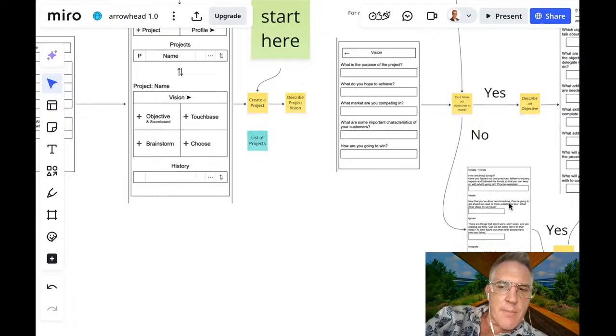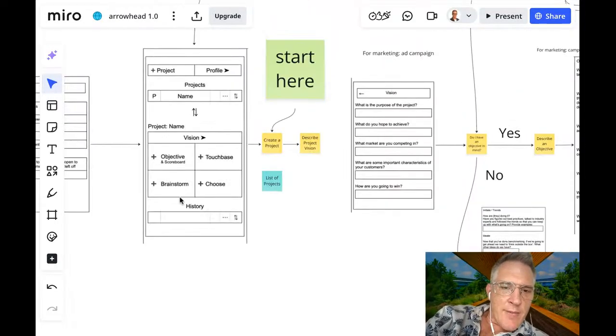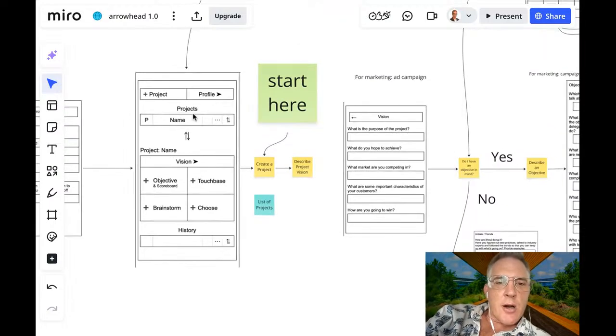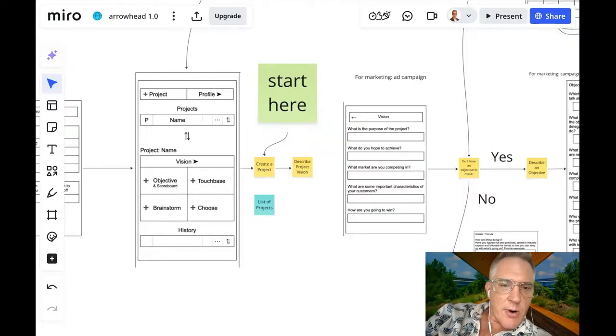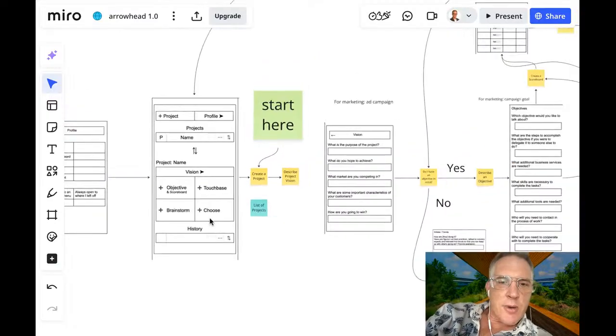So it saves all of your input every time you create a new instance of these modules. And then these modules are all saved within a project. So then you can share one project, or you can go back into one specific project. Like let's say you have two different projects. I can open up this project. I'm having a discussion with this team. Then I go back, and then I go into the other meeting. I open up my second project. I open up this with the second team. So that's what the pro version is going to be all about.